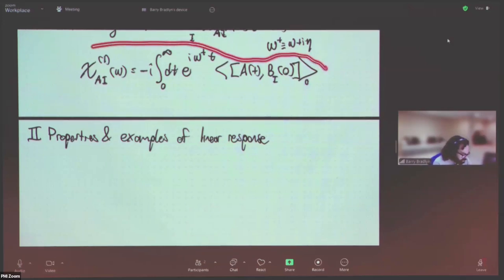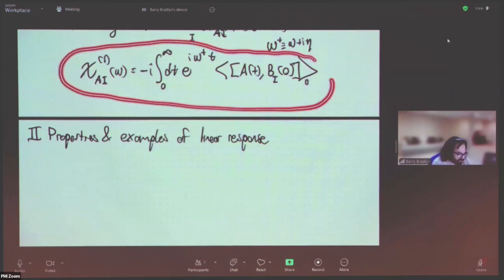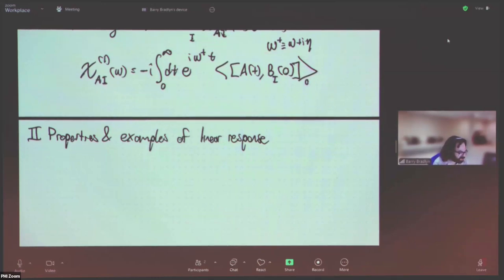Okay, if we take this frequency space form of the Kubo formula, it turns out that there's a very specific way that chi depends on omega that is enforced by causality. It's related to the fact that there's a theta function here. Actually, now we'll put the theta function back explicitly, because we can use the fact that this theta function is here to learn something about the frequency dependence of chi